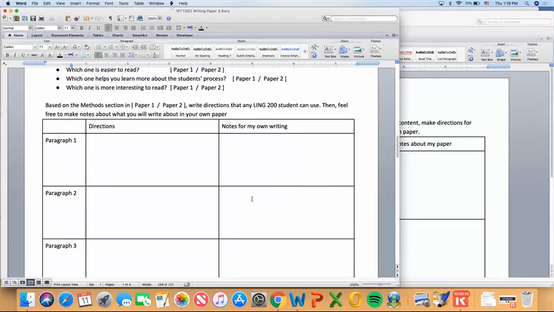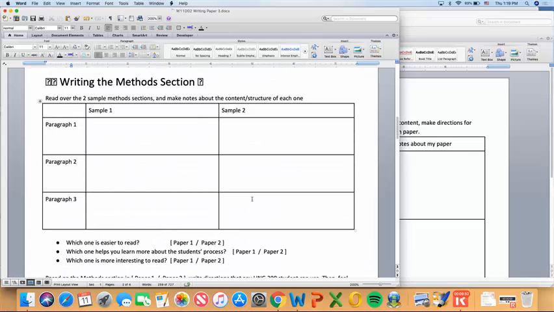So you're going to look at the methods. Actually, we're doing it a little differently because one has a method section that I don't like and one has a method section that I think is a good example. Good to get exposed to both. So, similarly, I want you to think about what's in the paper, what do you see in sample 1, what do you see in these different paragraphs, and then we're going to think about which is easier to read, which is a better paper, and learn from that paper.